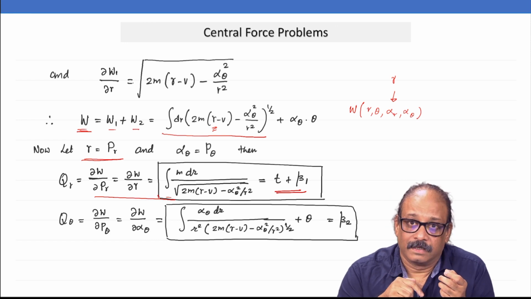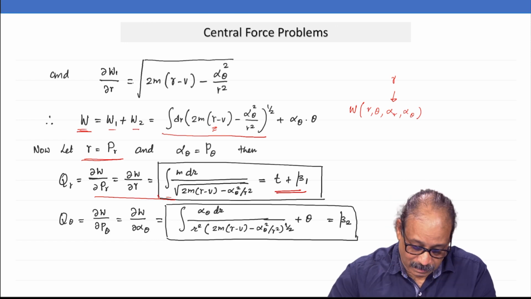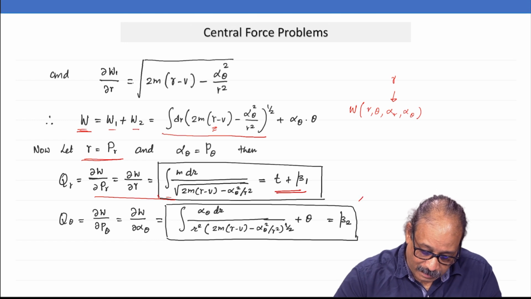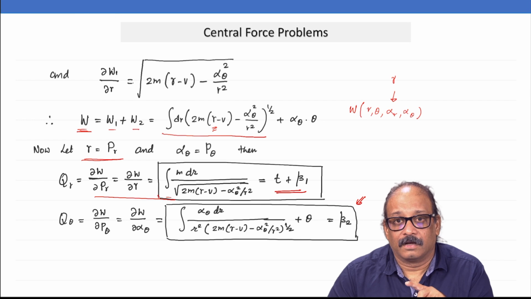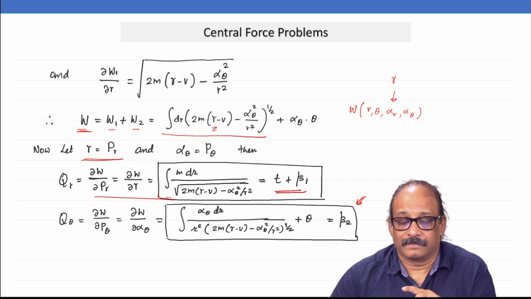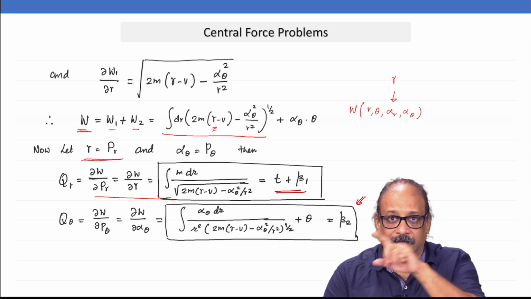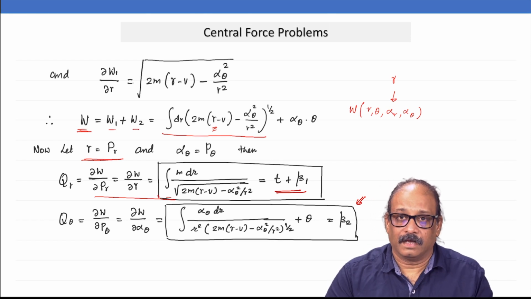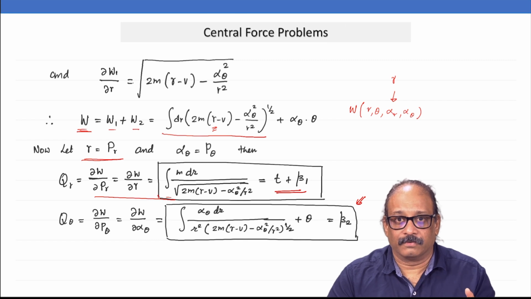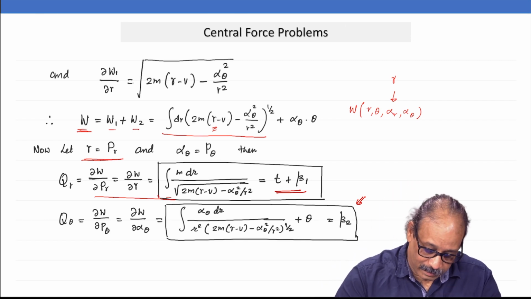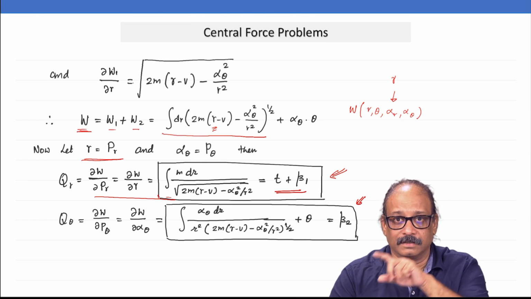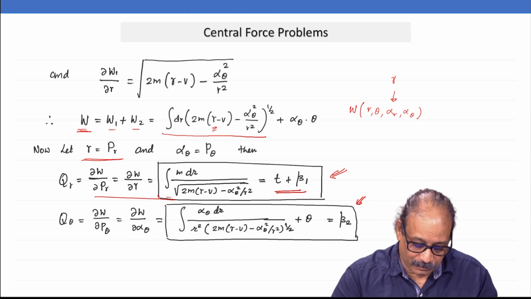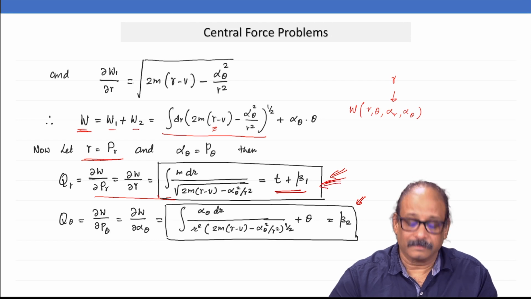The first one will give you the time dependence. Look, in the second equation, the time dependence is completely missing. So, this is the implicit expression in r and theta. This in fact will give you a Keplerian orbit if your central force was just of the 1 over r kind, and the speed with which it moves along that trajectory is of course coming from this first equation here.